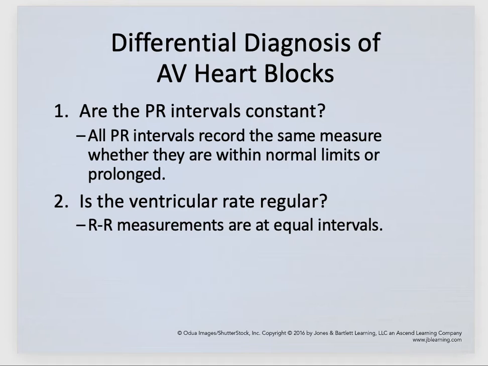So what have you learned in this short little lecture is that when you're thinking about a block, you're thinking about the PR interval. AV blocks mean your eyes go to the PR interval, counting the boxes, right? That's what you know, right? An AV block, count the boxes of the PR interval. Are they greater than 0.20? If yes, then check the box, yes, I have an AV block. What type of AV block you have depends on, is a wave being blocked, right? That's a second degree. If it is, do you have a Mobitz Type 1 Wenckebach where the PR interval is getting longer and longer and longer, or do we have a Type 2 where it's consistent with the failure